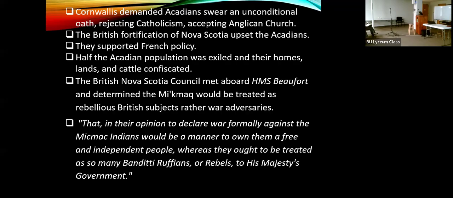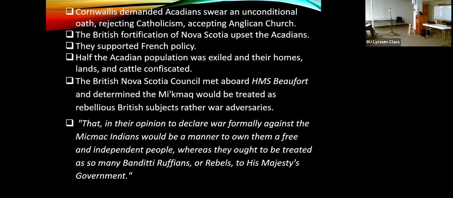So he says, listen, I have to set up forts because I control this area, and this is the charge given to me by the British government. The Acadians say, oh, I don't like that. That's the steel glove now, the steel fist. I don't see the velvet glove here. And he says, tough. You supported French policy, so I'm kicking a whole bunch of people out, and I'm going to confiscate your lands, and who's going to get your lands? New immigrants. Where are they coming from? England. The Micmac